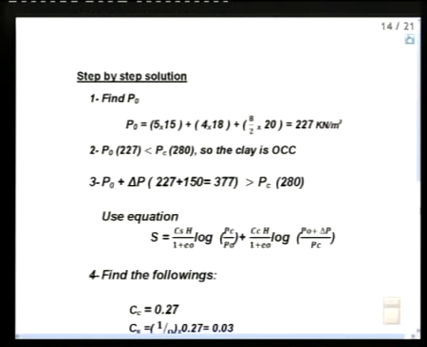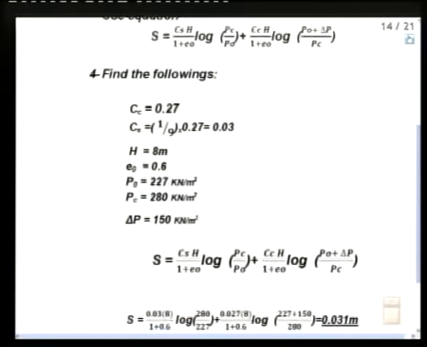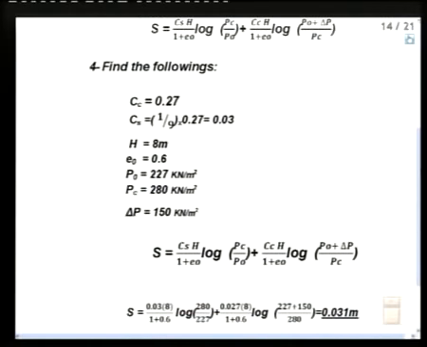فالآن شو بنعمل؟ بنروح ستيب باي ستيب. 5 في 15 زائد، هاي بنظبطها وهاي بنظبطها، شو طلع معي؟ 148 ونص. بنقول 148 ونص أقل من قديش؟ 180. إذا OCC. هلا شو بنعمل؟ بنقول الـ 148 ونص زائد الـ 150، 298 ونص أكثر من قديش؟ من 180 صح؟ إذا شو بدنا نستخدم؟ بدنا نستخدم المعادلة الطويلة. مزبوط. هلا بنيجي للمعادلة الطويلة وبنرتب أمورها، بنحطها كلياتها وبعدين بنقول سي سب سي حسبتها أنا 0.27 صح؟